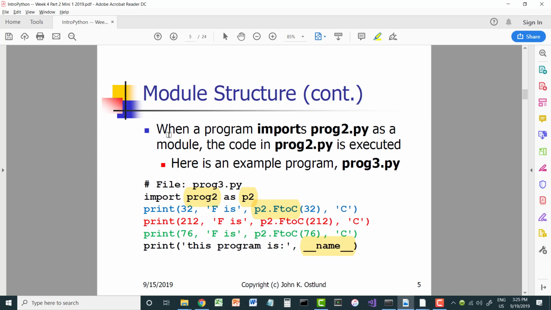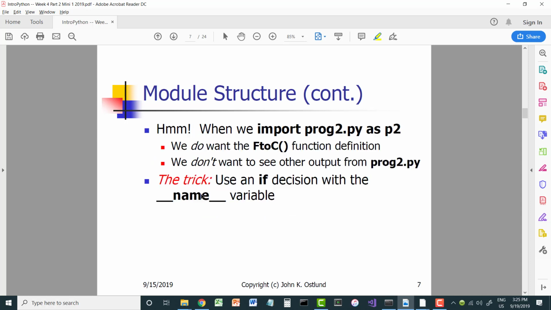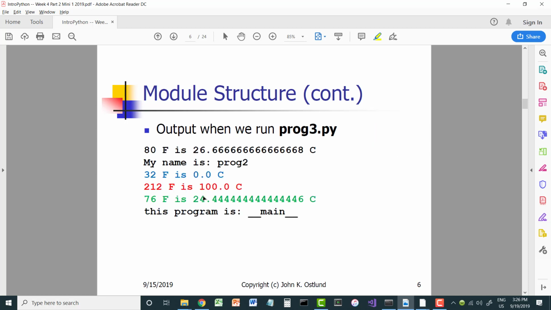But when I import prog2, I would rather not have the print statements within that module prog2 be executed. I would like to only have those print statements executed when prog2 is the main module that I'm currently developing and debugging. I don't want to see my debugging test statements when I'm working on prog3 and I'm just importing prog2 as a subsidiary module. Okay? So what I do is